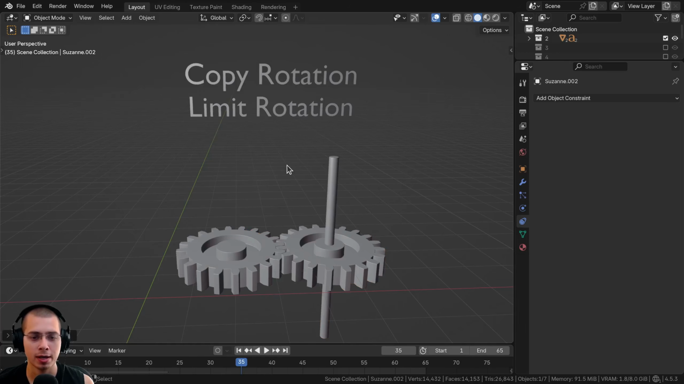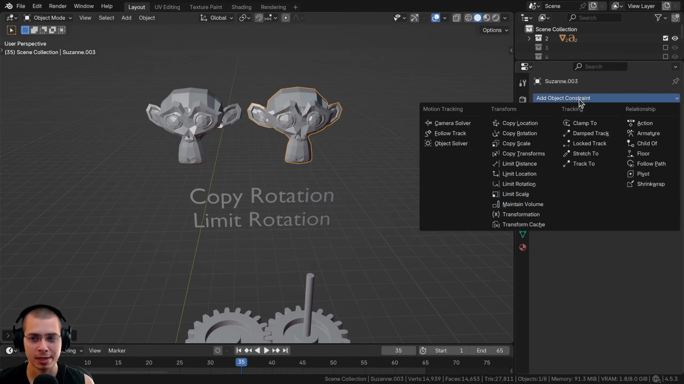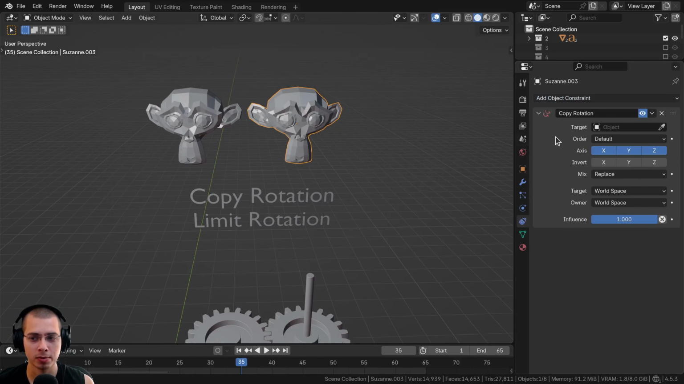Let's just add a monkey head, and I'll bring the monkey head right up here, and then I'll duplicate it so I have two monkey heads. So now I'm going to click on add object constraint, and I'll add copy rotation, and then I'm going to choose the target. So I'm going to click on the eyedropper here, and I'm going to choose the other monkey